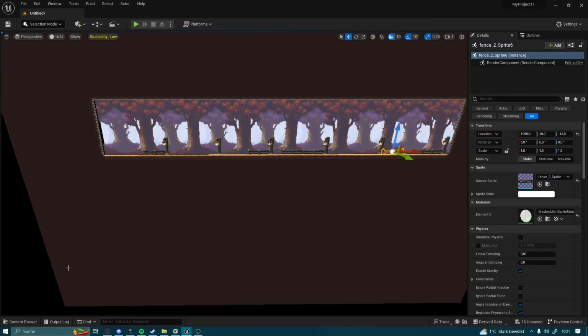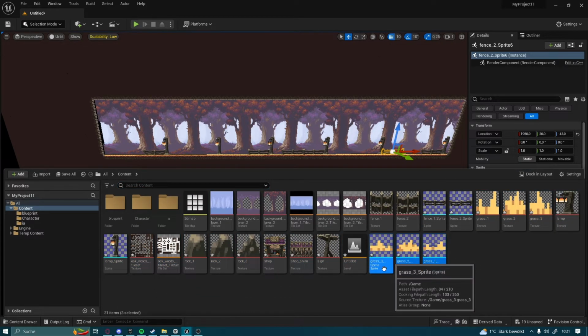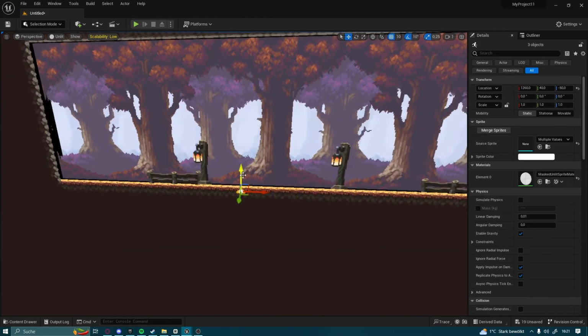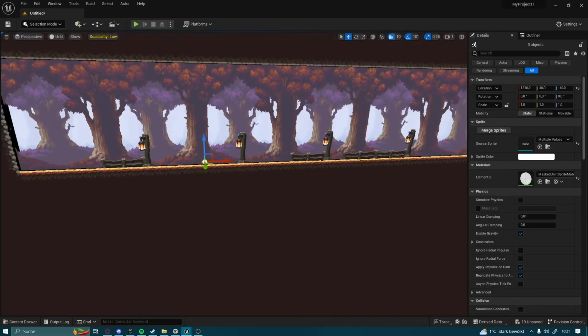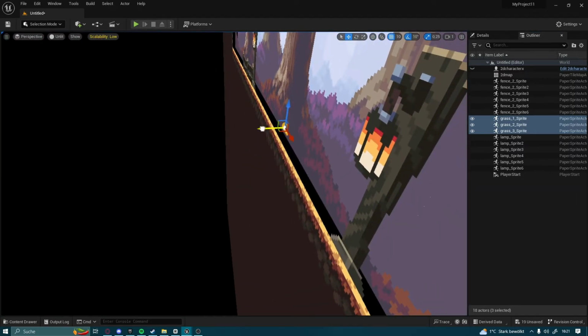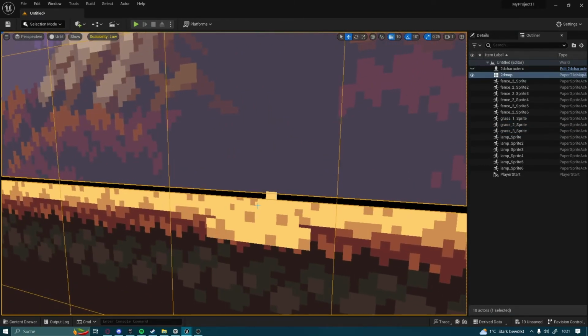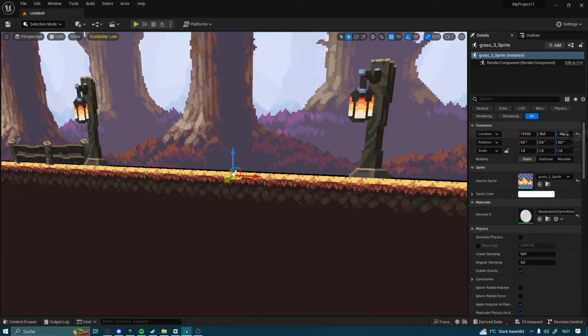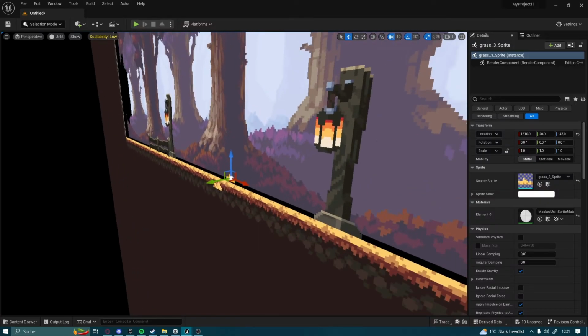I think this is good. Then drag out the grass, select them all and create sprites of them. Then just select them all and drag them into here. Wait, where are the other three? Okay, then just move it to the ground like this. Okay, no, just go to the details and move it a bit up, like this, and a bit more in the back,